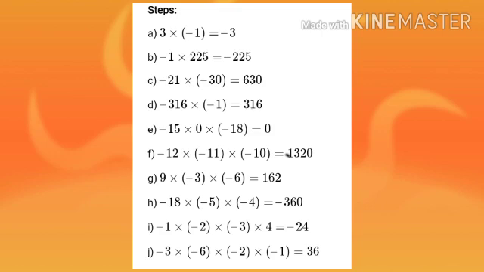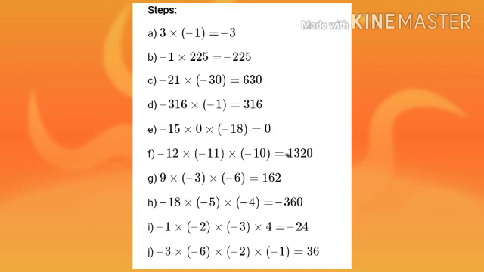For the second subdivision, minus 1 into 225. Therefore, 1 into 225 is equal to 225. So, how many negative signs are represented? Only 1. If it is 1, the answer will be negative. Clear, children? One negative and one positive integer means we get the result as a negative integer. For subdivision C,